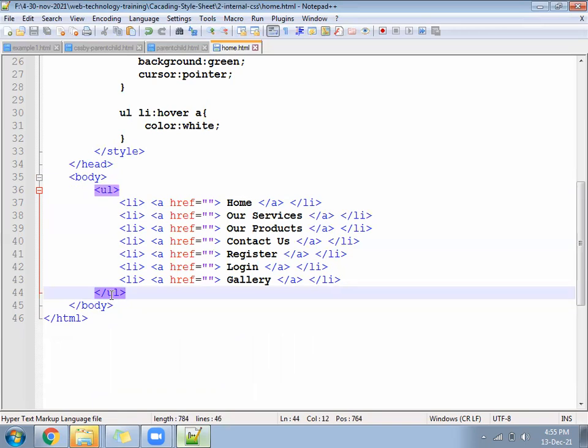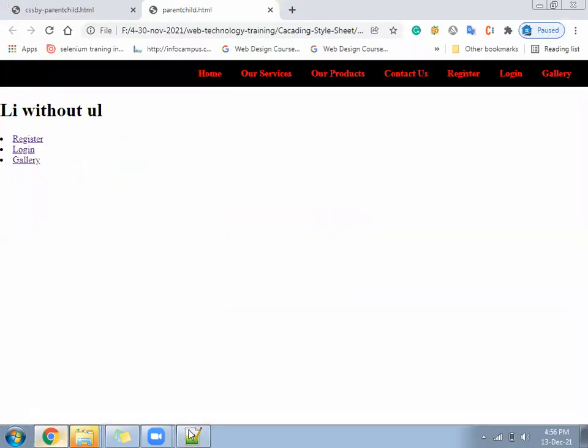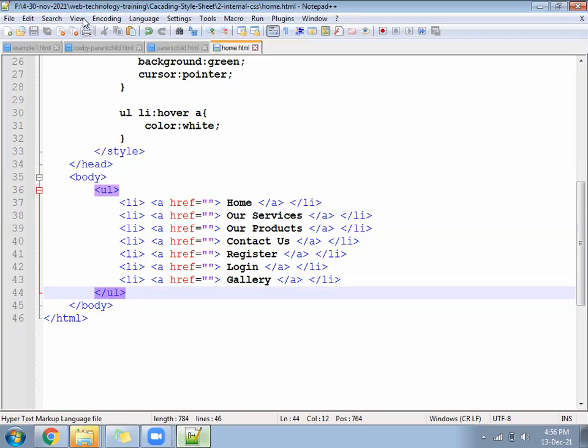Below you are changing the content. Save the file.